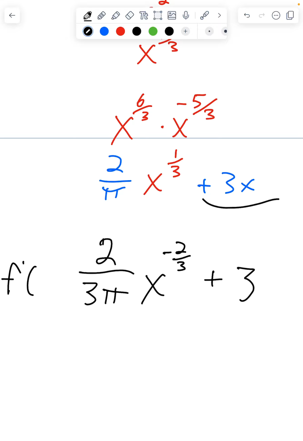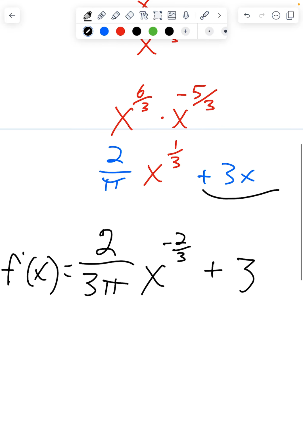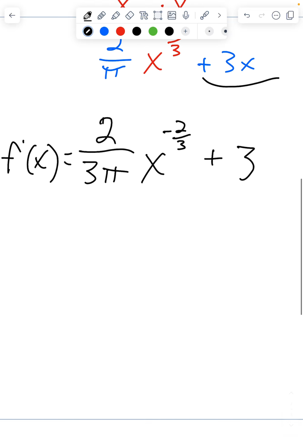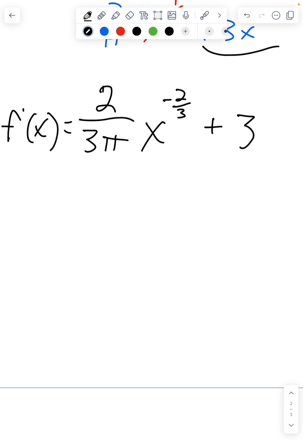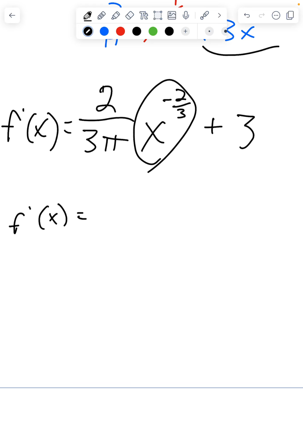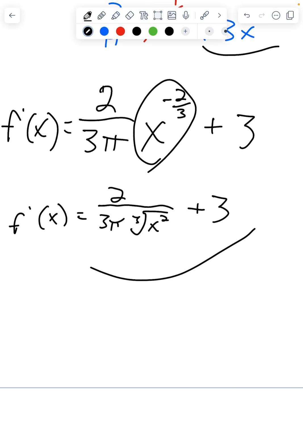So my f prime of x would be equal to this right here. And again, you are done with your derivative at this point. There's not really anything else you have to do. If you were doing a multiple choice question, you would have to simplify this, which I can do by putting my x to the negative 2/3 on the bottom and rewriting it here. So I'd do 2 over 3 pi, and then it would be the third root of x squared. And this would be like what a multiple choice